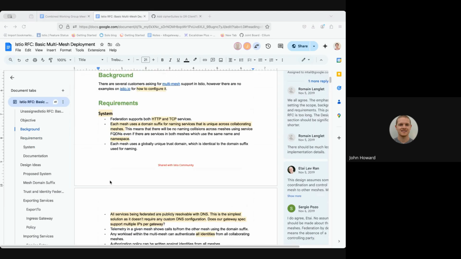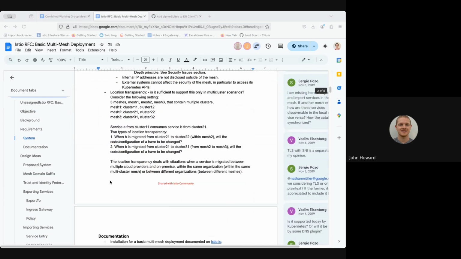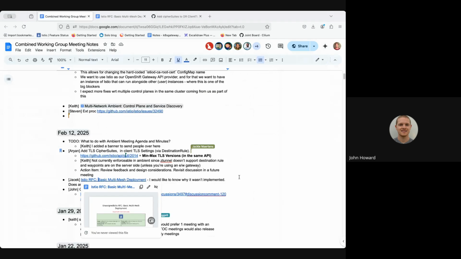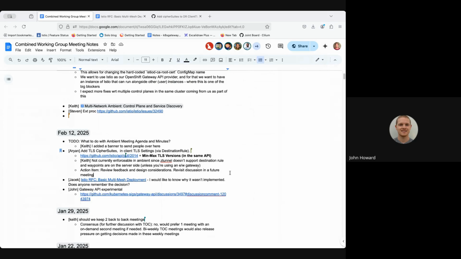So I view our role as providing tenancy building blocks, not a solution, because I've never heard anyone want the same thing when they say they want multi-mesh or multi-tenant. It's always some different boundaries. I skimmed it, but I think it was proposing an opinionated version. I think that doesn't make sense, but maybe it's missing a few tiny things.